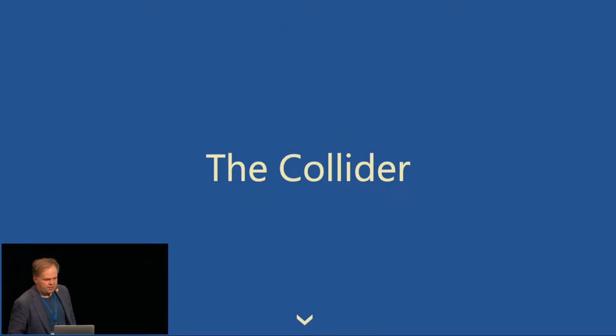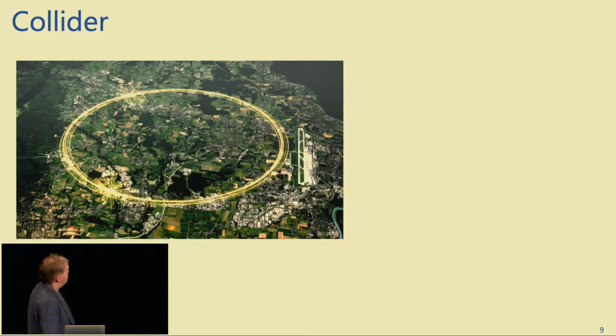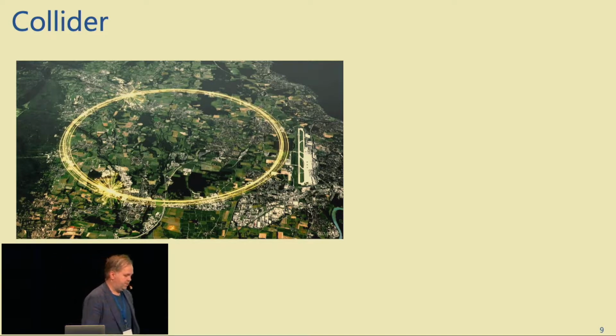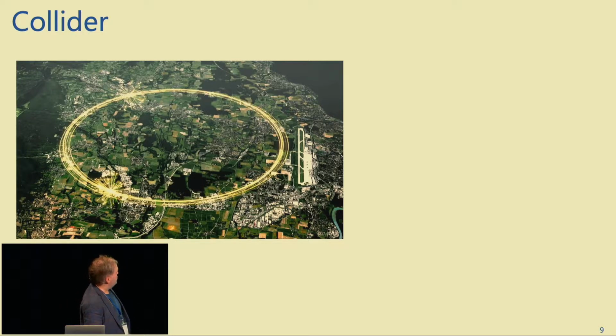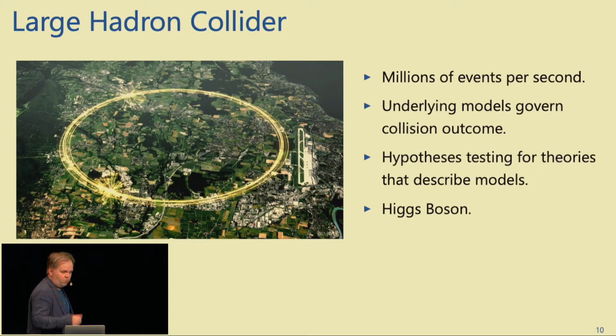The Large Hadron Collider is the biggest experimental physics setup ever created on our planet, as big as the Geneva airport. The airport is on the right of the picture, and the circle is the collider. It's called large because it's large, and hadron because that is the type of particles inside this collider. There are millions of events per second, and there are lots of underlying models